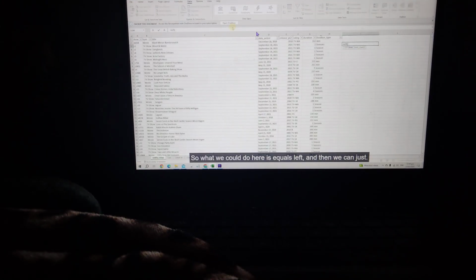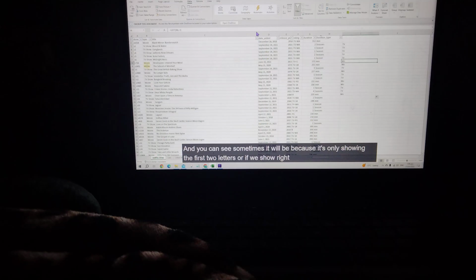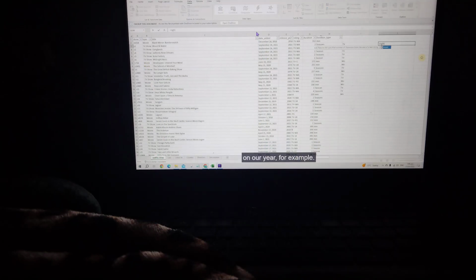So let's try this. What we can do here is equals LEFT, and then we can give our type alias. I'm on the wrong row here, and then we'll just show the first two letters. I'm just going to show TV, and if it's a movie, it will show MO. We'll drag it down, and you can see sometimes it will be MO because it's only showing the first two letters. Or if we show RIGHT on our year, for example,